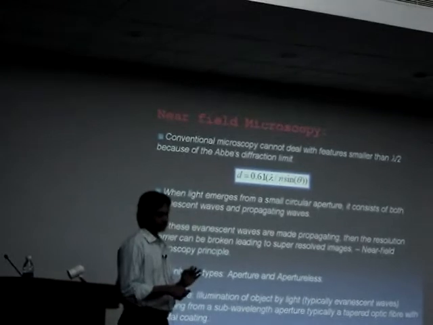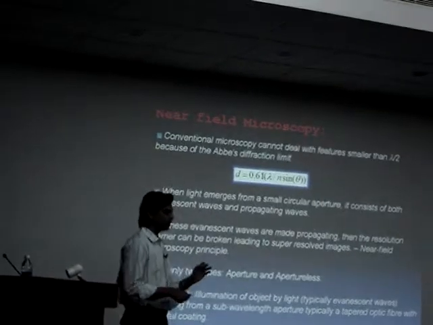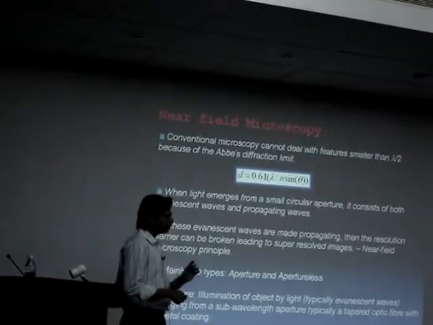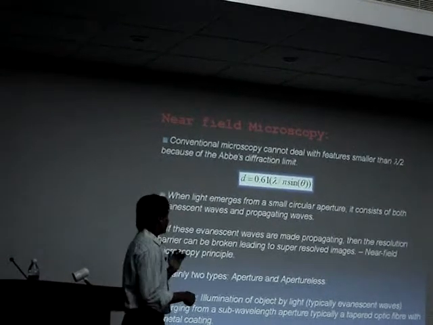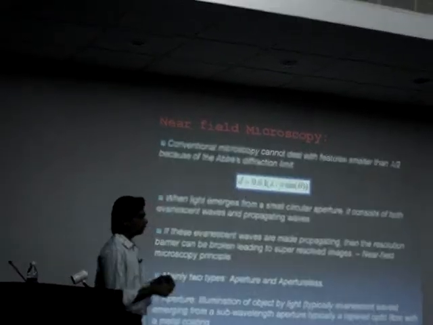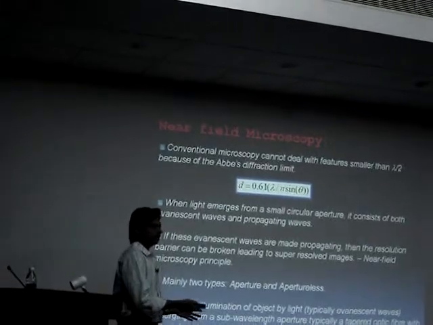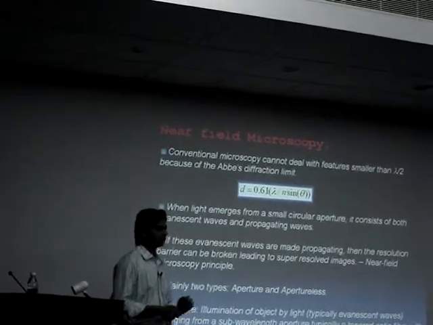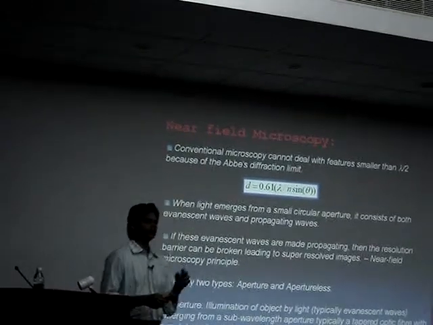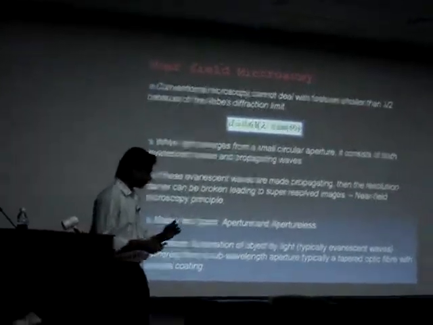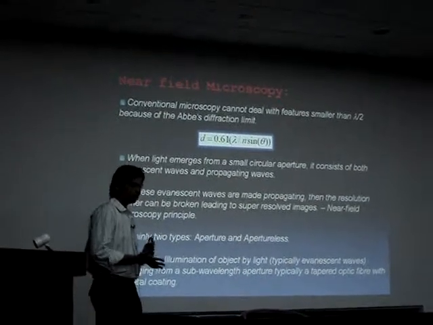These evanescent waves decay exponentially in space, so it is very difficult to get any meaningful information from them. The propagating waves are all used in normal microscopy, like ordinary optical microscopy and all the other techniques. So to get the information from the evanescent waves out, you need to have the detector very close to the